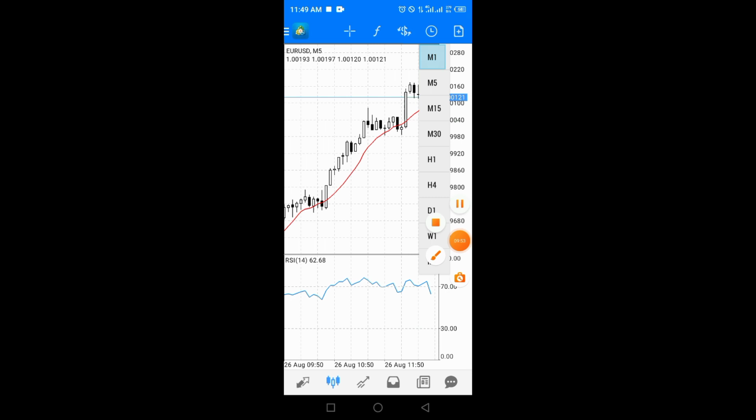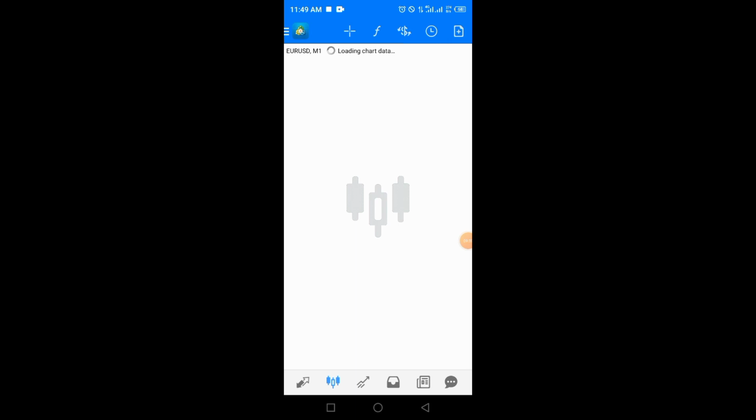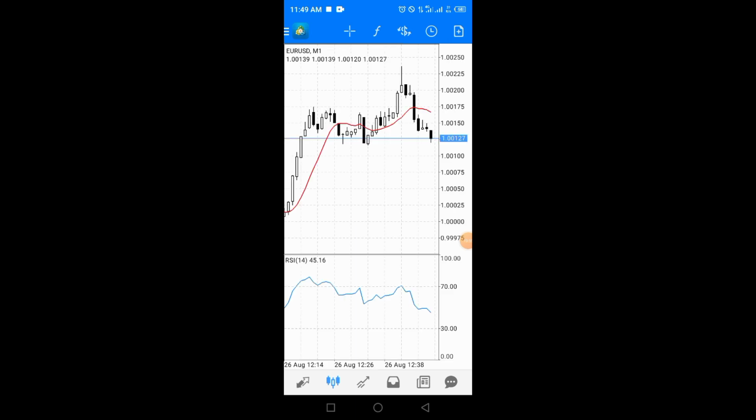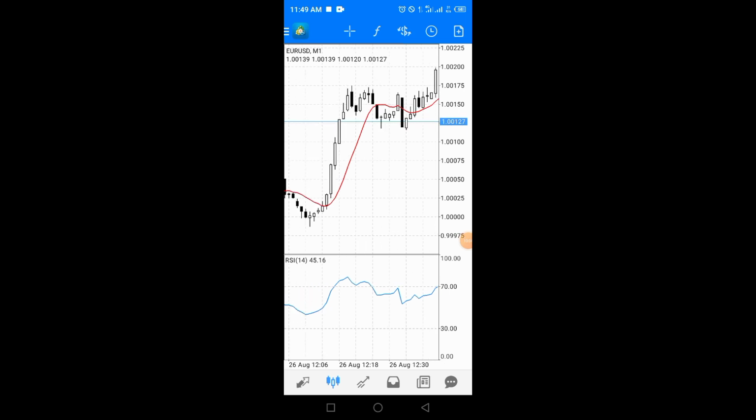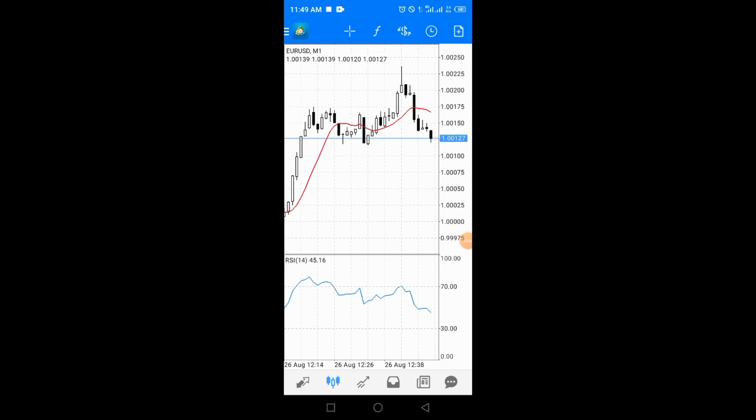Okay, let's tap on the 1 minute chart here. If you tap on the 1 minute chart, what this means is that for every 1 minute a candlestick is going to appear on the chart. Okay, so when you look at the chart, you can see this